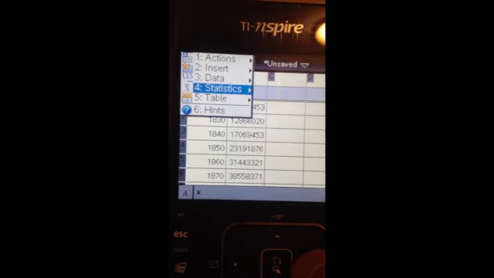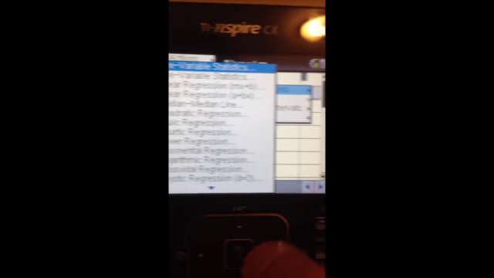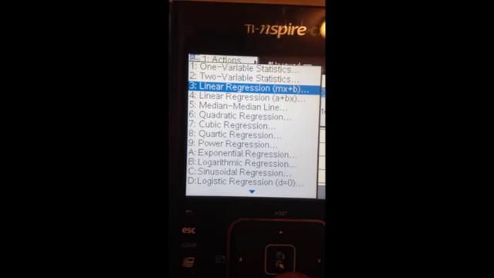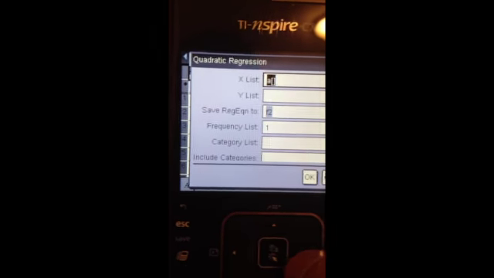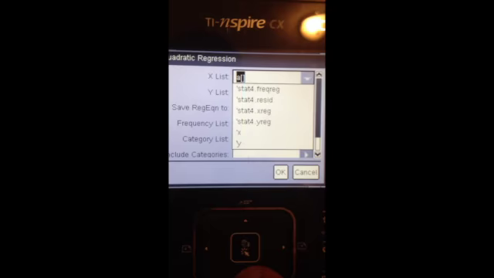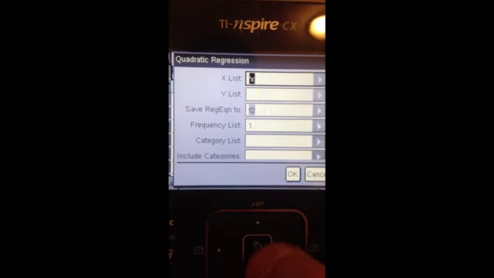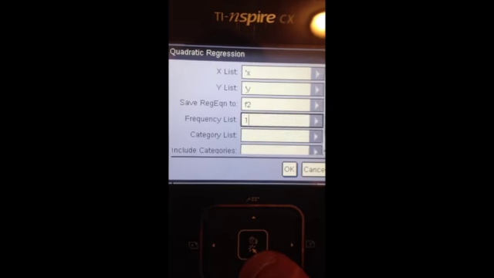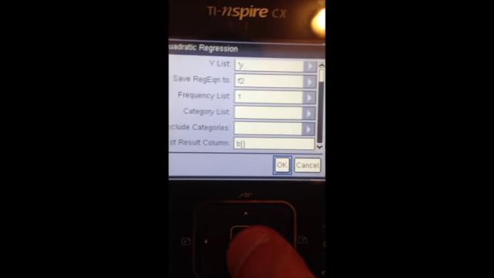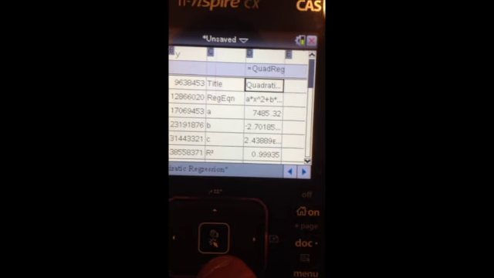You're going to menu, statistics, then start calculations. Instead of linear regression like last time, now you're going to quadratic regression. Here you go to X list and put in the X, then go to Y list and put in the Y, just like last time. After that, you're pretty much set, and you press OK. So now you have your quadratic